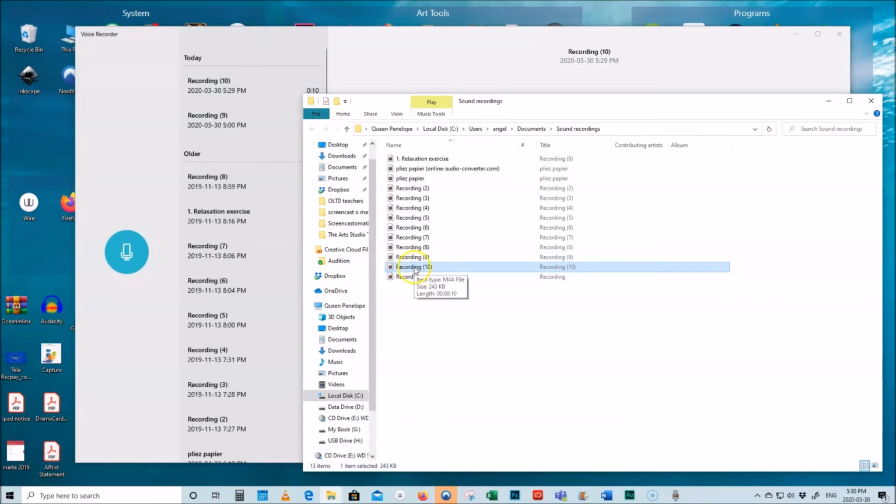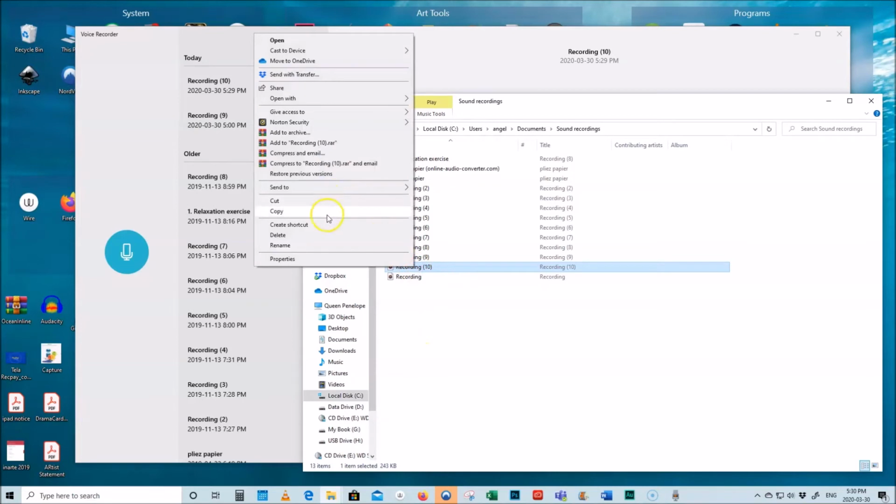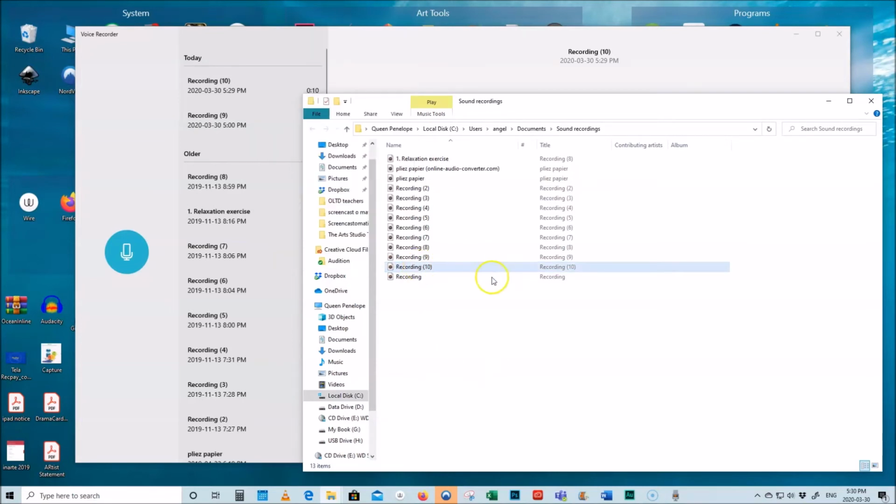I'm going to right click on it, and I can now cut or copy it and paste it to a more appropriate folder, wherever you are saving your projects. You can just cut, probably would be a better one. Just cut, get it out of here. You can also rename it here, right? Just rename it